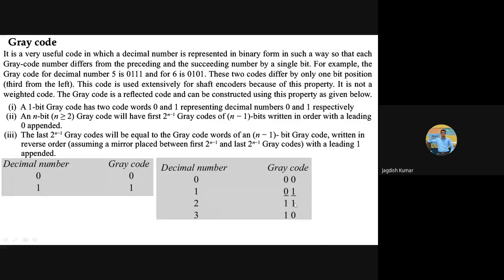I hope it is clear now to you. Similarly, 3 in gray code will be, now see, while we go from 2 to 3, you will be allowed to change only a single bit. Now which bit can we change? If I change this 1 and make it 0, then I'm back at 01, which is 1. This is not possible. We can't write 3 with 01 because it is already reserved for 1. So how can we write 3 now? Let us change this bit. So this is 1, and the next one is going to be 10. I hope it is clear.